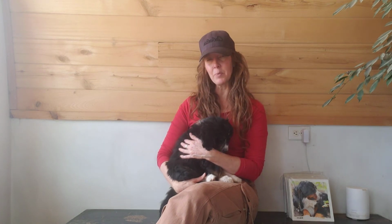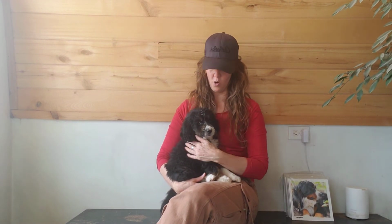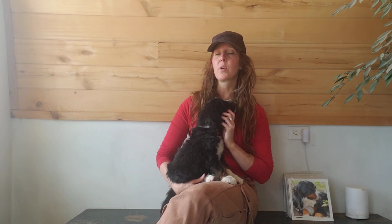You don't have to be an experienced dog owner because of his calm nature and because he does have such good focus. He would be okay in a home with new dog owners, again, as long as they understand that he needs that processing time and not to expect him to pick things up immediately. So he would be good to just be able to be chill at home, or because he does enjoy the new things, he'd be great to go out and